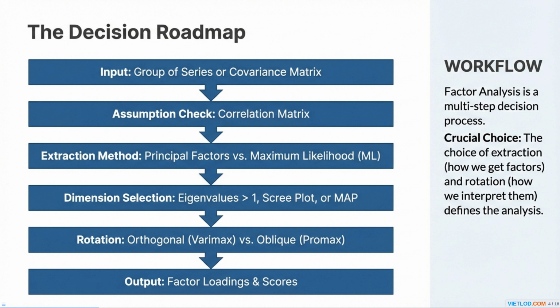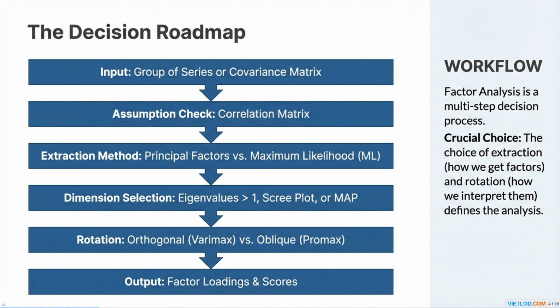Next, we must decide how many factors to retain. Common methods include the eigenvalue greater than 1 rule, the scree plot, and the map test. After extraction, we perform rotation to make the factors more interpretable. We can choose between orthogonal methods like Varimax or oblique methods like Promax. The final output gives us factor loadings, which show the relationship between variables and factors, and factor scores for each